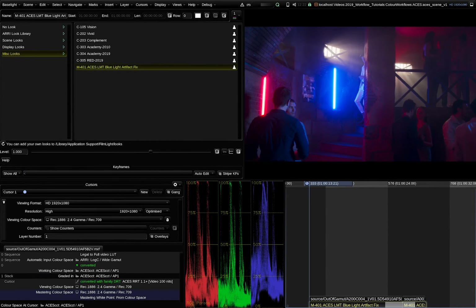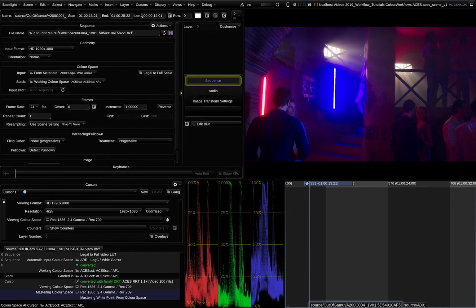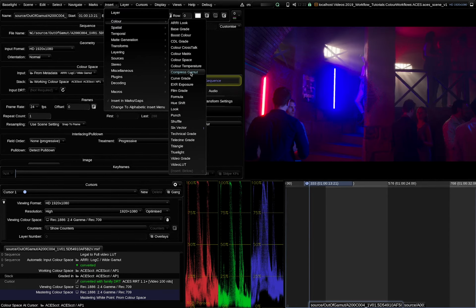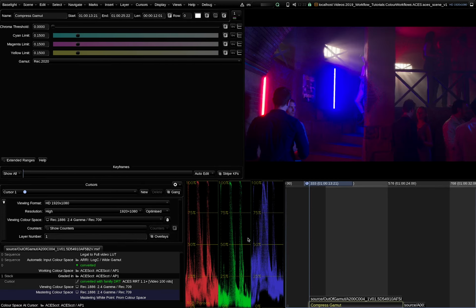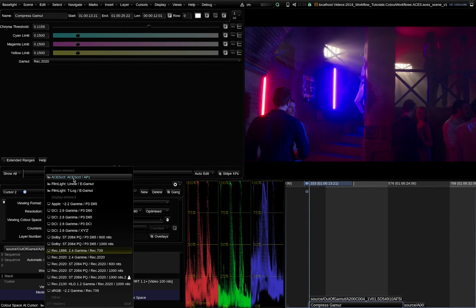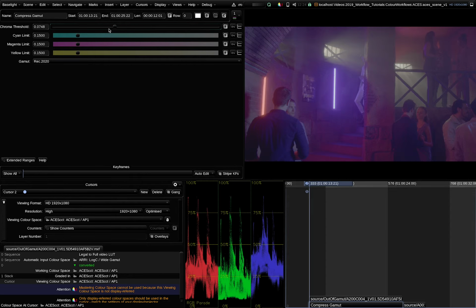An alternative is using the compress gamut operator. Here we select the target gamut where we want to compress to and then move the chroma threshold slider over. This tool just smoothly bends in the out-of-gamut colors. After applying it, the negative color pixels are gone.